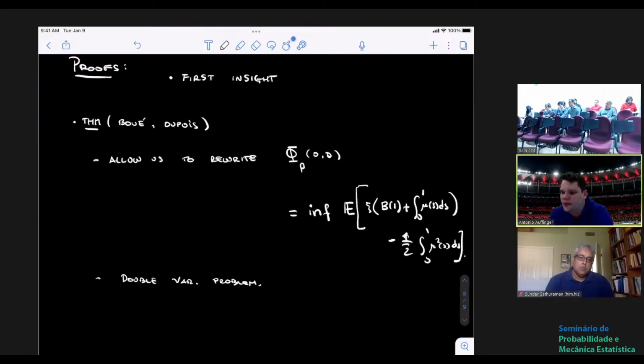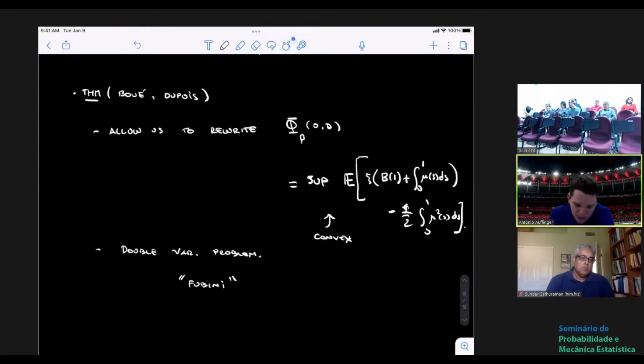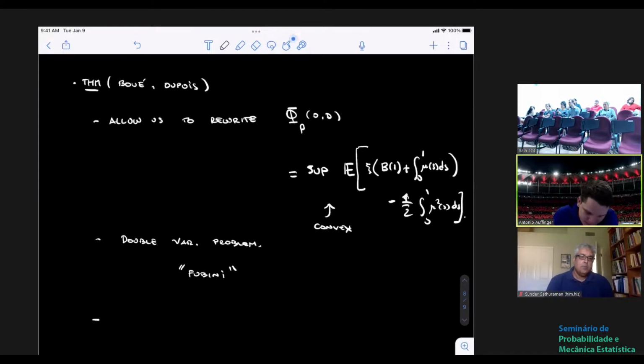And then it turns out that you can use that this problem here is nice. It's essentially convex. It allows you to switch things around. And this double variational problem, well, we can write down a Fubini version of it. You can do a Fubini for the min max. Okay, so the way that I wrote this should not be inf, this should be sup. But once you do this change, then it allows you to prove a few facts, and the facts are just